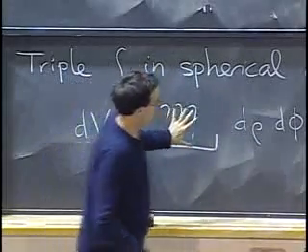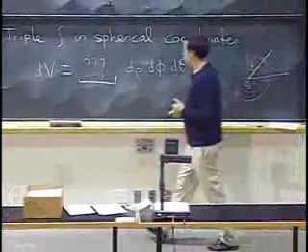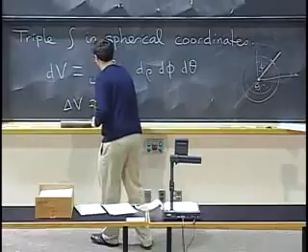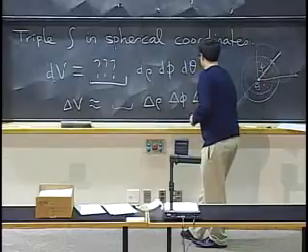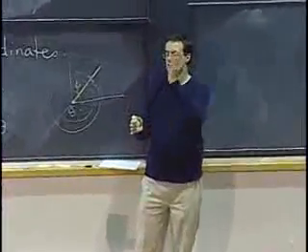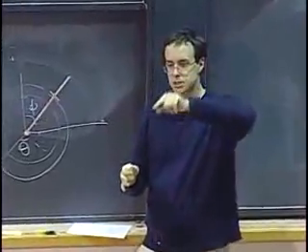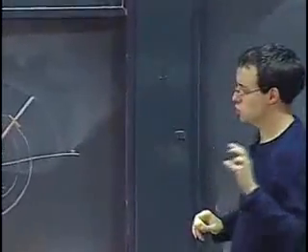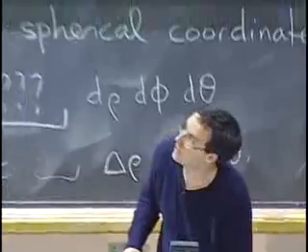What I would like to suggest is that we figure out the volume of a small piece of solid which corresponds to a certain change, delta rho, delta phi, and delta theta. So delta rho means that you have two concentric spheres, and you're looking at a very thin shell in between them. And then you'll be looking at a piece of that spherical shell corresponding to small values of phi and theta. Because I'm stretching the limits of my ability to draw on the board, here's a picture. I'm going to try to reproduce that on the board.